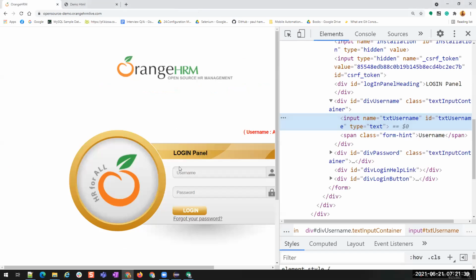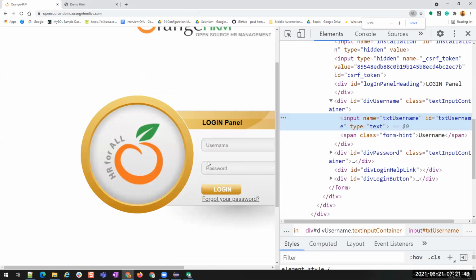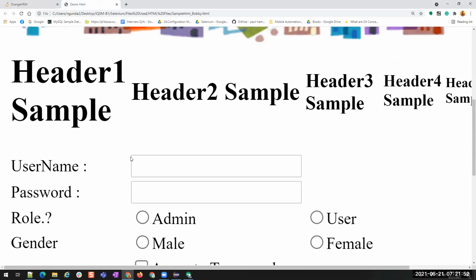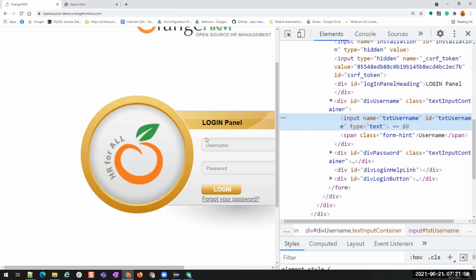Yeah, you see, this is the Orange HRM input box where you see the rounded corners of input boxes. But when we created the input boxes, you see the edges are sharp. How come the input box of this sharp edge became this rounded? See, this is also an input box.